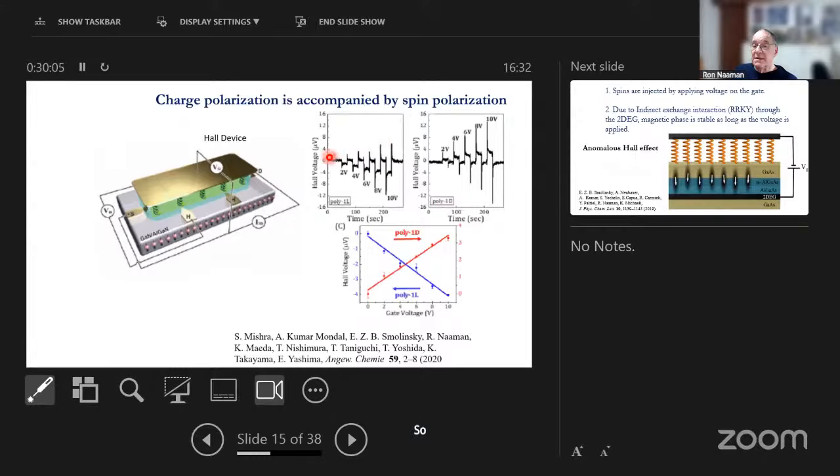So that's what we see. In this case, it's the L enantiomer, the left-handed enantiomer. You see the Hall potential as a function of the voltage on the gate. If it's D, you see the Hall potential as a function of the gate. So you see that you have L and D with opposite slopes. What it really indicates is that in L, one spin is injected into the system, while in D, it's the opposite